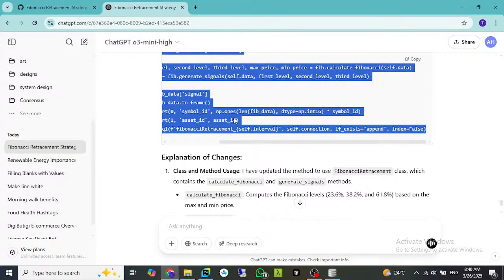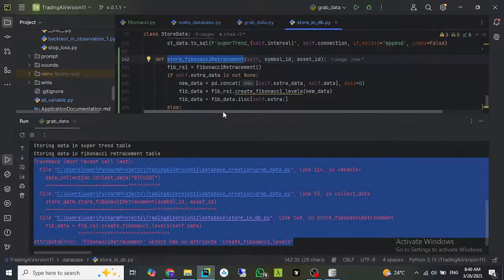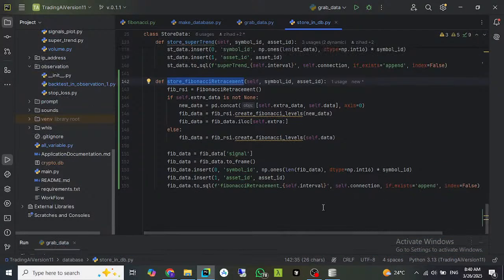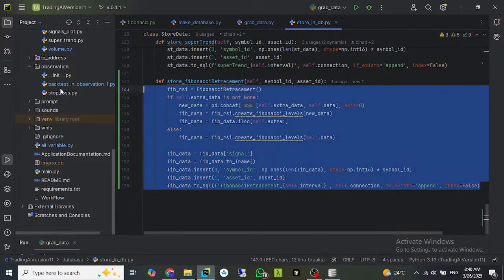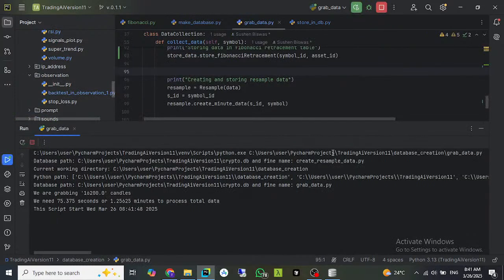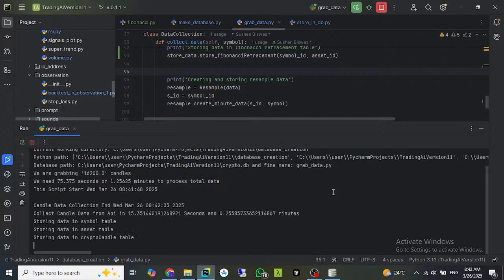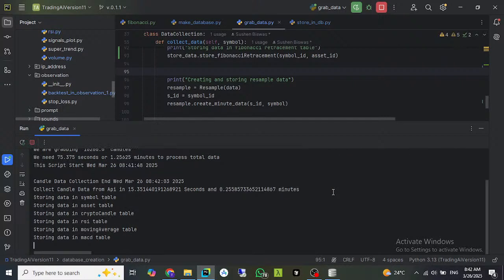Fibonacci retracement and other things seem okay. I think